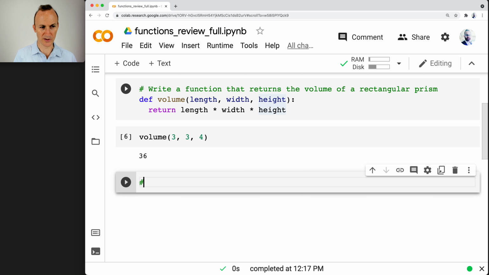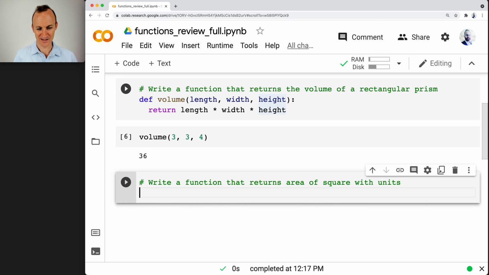Okay, so let's do another one. We'll do one more math one for now. What about this? Write a function that returns area of square with units. Oh no! Units. In math, we shy away from units. In physics, you need them. Okay. So def